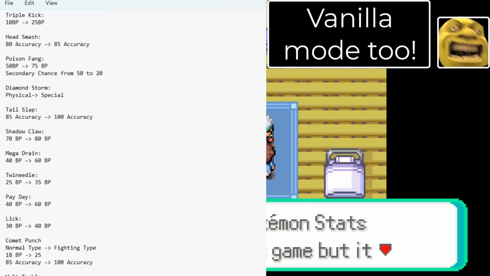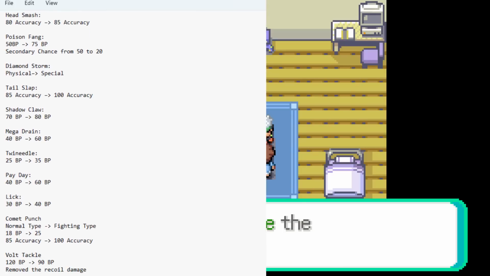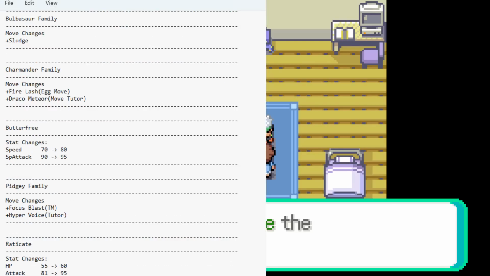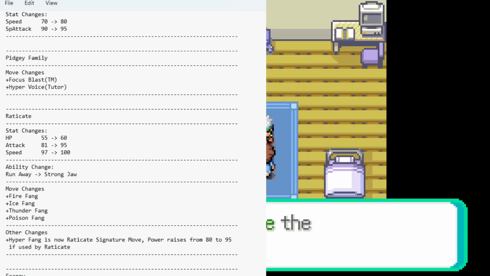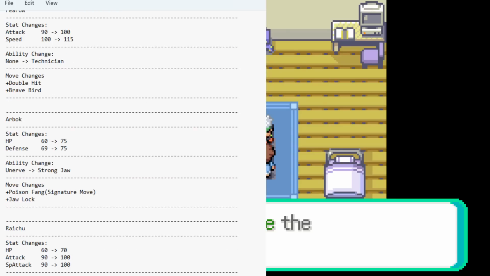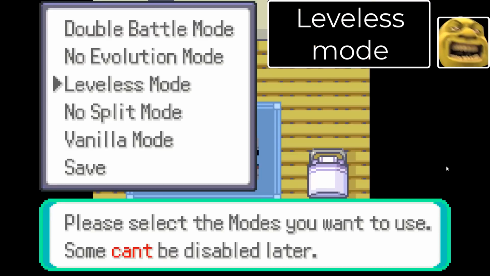Keep in mind that move changes and learn sets and certain ability changes are still there even in vanilla mode, but at least it makes things way less overwhelming to learn. Having this choice is an awesome thing to have, really. Then the final mode that I really like is levelless mode, which I recommend if you want to nuzlocke this